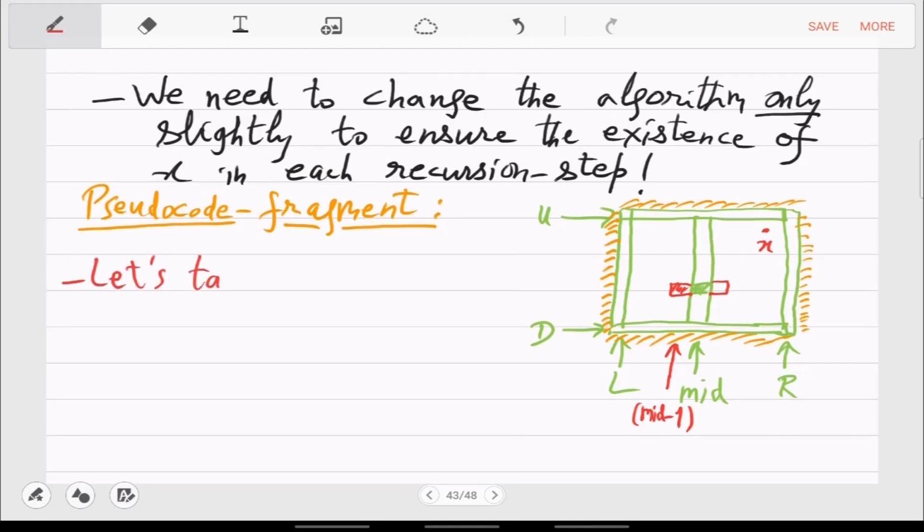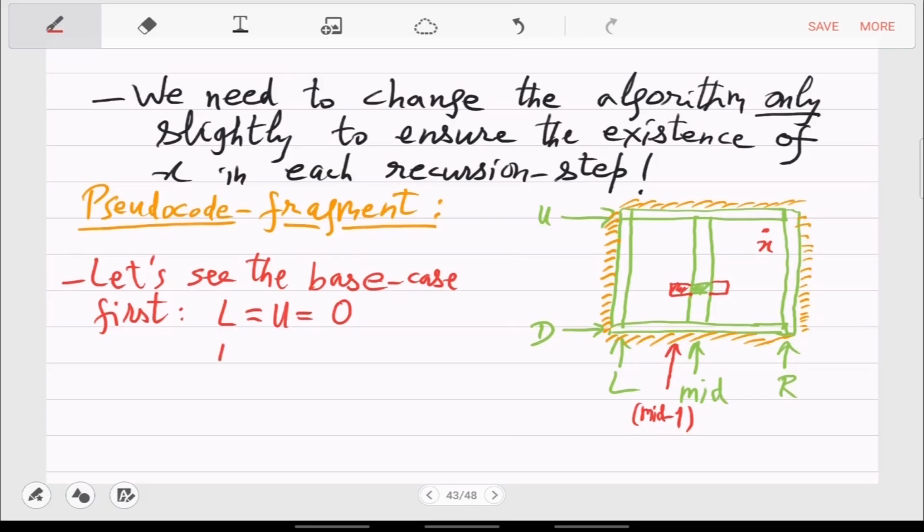Let's see the base case first. So in the base case, L and maybe U, these are 0, and R and D is n minus 1.